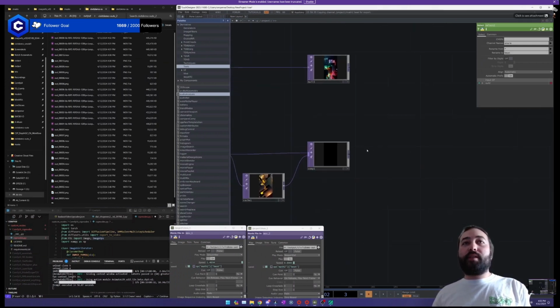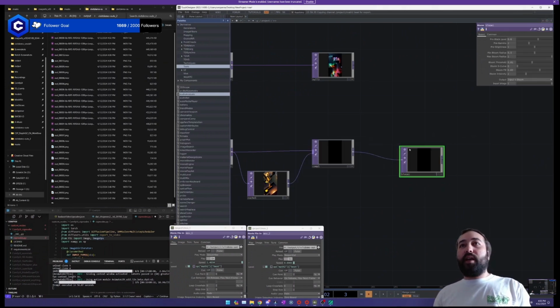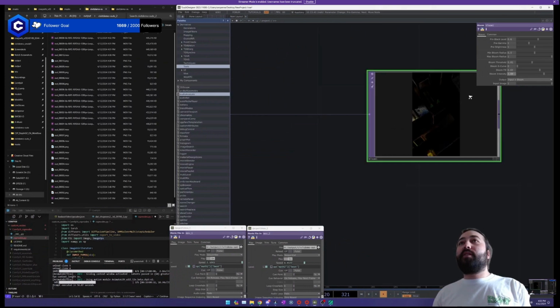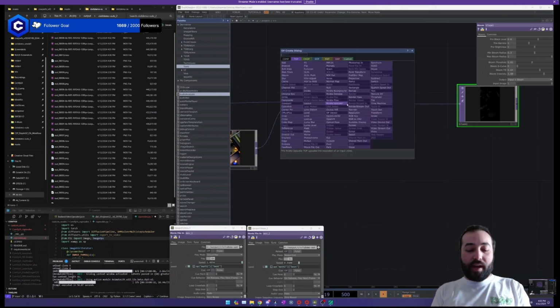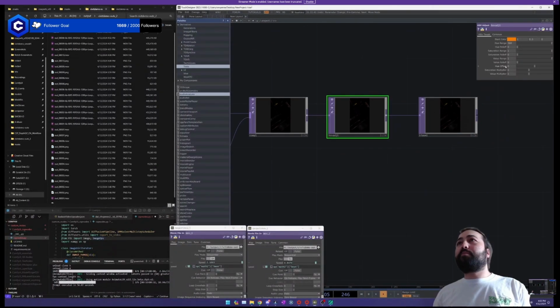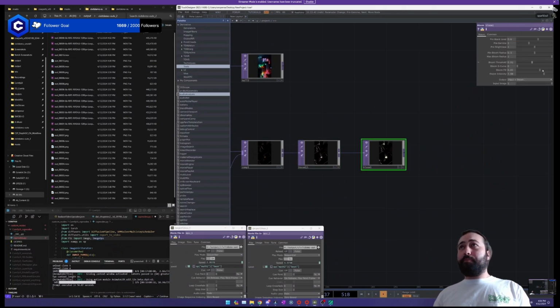Now we're going to make this. Let's put a bloom on here. This is like a glow effect, so we can essentially make it glowier like this. I think actually what I'm going to do as well is put an HSV adjust here, which is basically like a color correction inline. I'm going to turn the saturation down a bit and turn the value up so it's going to be bright no matter what. This is going to kind of guarantee we get a good snare no matter what. On the bloom intensity a bit, yeah.